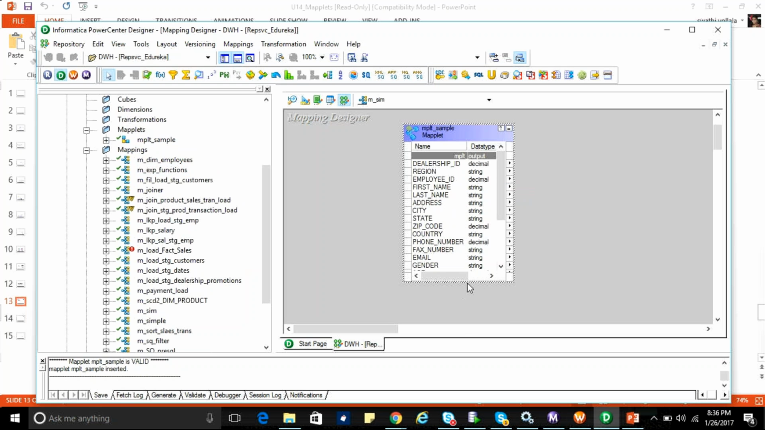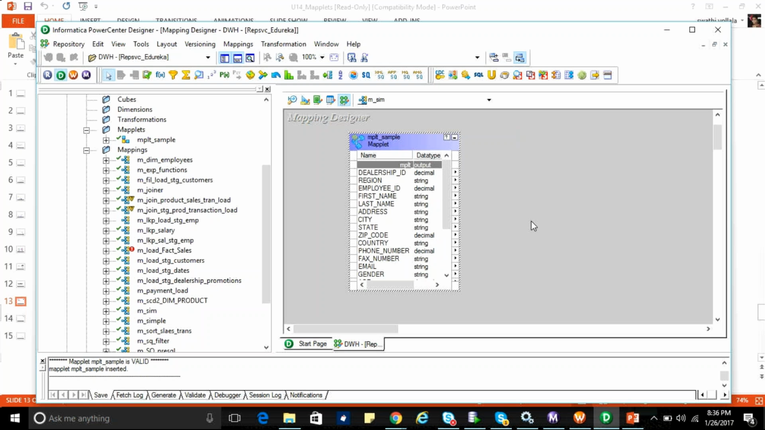Now can you drag it a little bit up and down? See, right now you have only the maplet output transformation in your maplet, so there is no input. Whatever is coming from the source qualifier goes into an expression. From the expression you take it from here. From here you can continue your mapping. Whatever logic you want to create, wherever you want to load the data, you can simply load it into